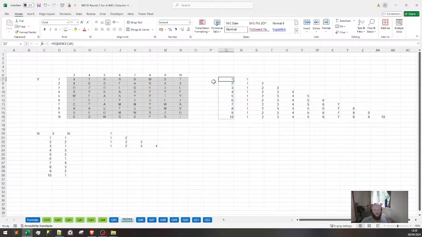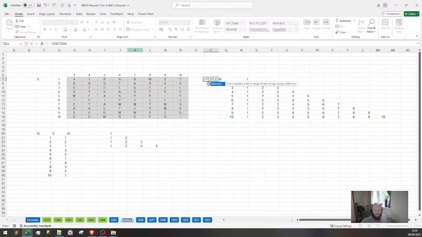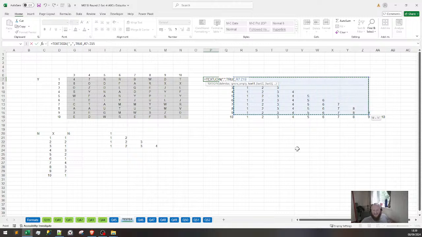Now I just need to text join, then delimiter, comma, ignore empty, true. We do want to ignore empties. I flipping love Excel. This is crazy. Now I've got,